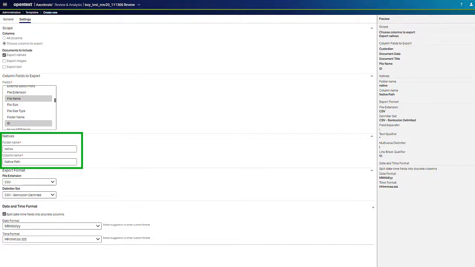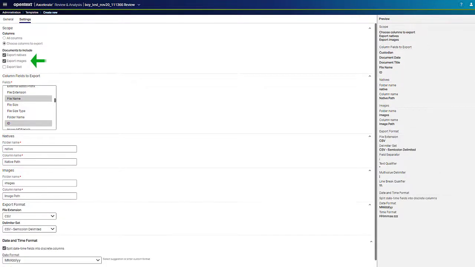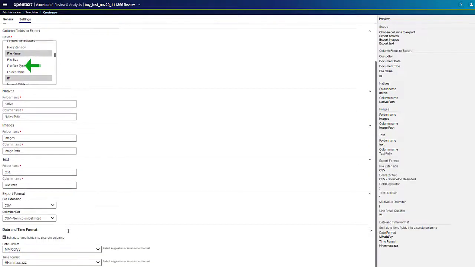If you select the Export Images checkbox, additional options appear that allow you to define the folder and column names used in the export. Folder name is the name of the folder in which the image files will be stored. Column name is the name of the field or column that will be used in the export file to reference the image files. And if you select the Export Text checkbox,